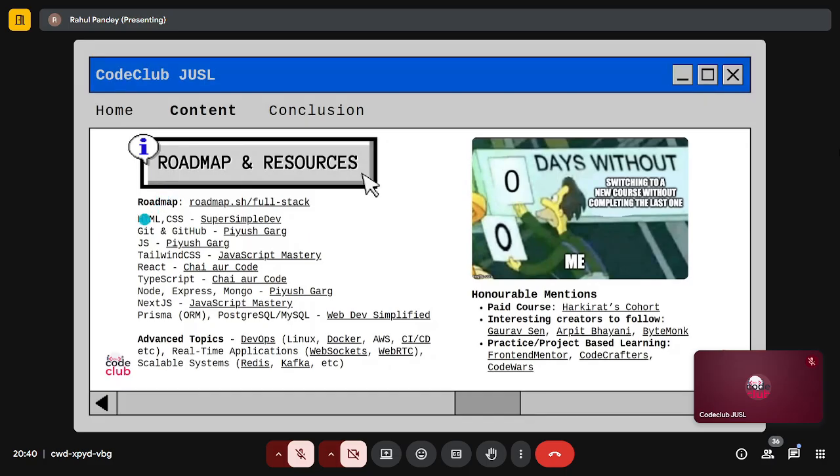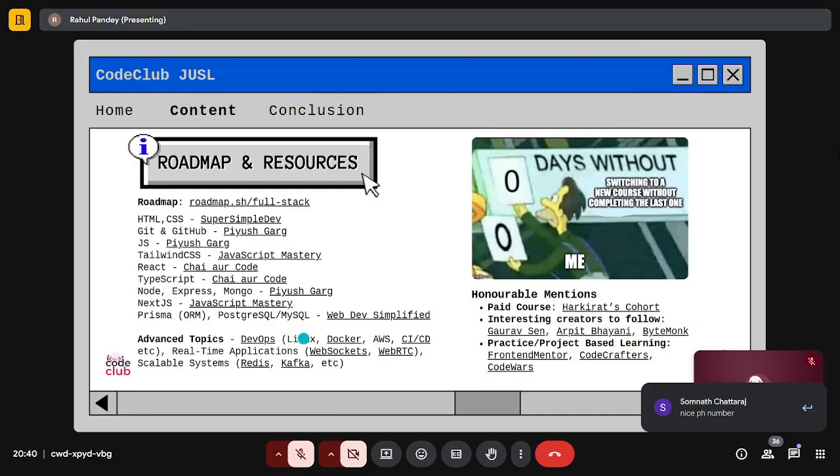So starting with the front end, Git and GitHub is version control. Then moving into backend. After you're done with these, you could look into these topics. DevOps is basically related to deployment. So after you're done making your application on your local machine, you'd like to share it out on the internet so that you can showcase it to people. That's where DevOps comes in.